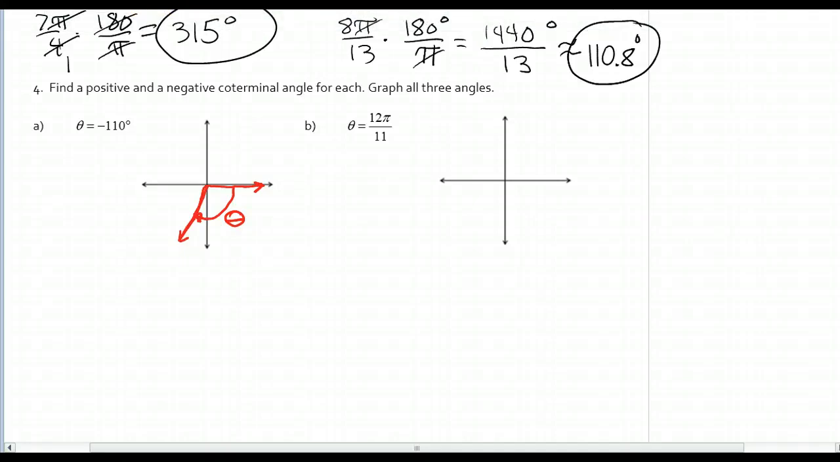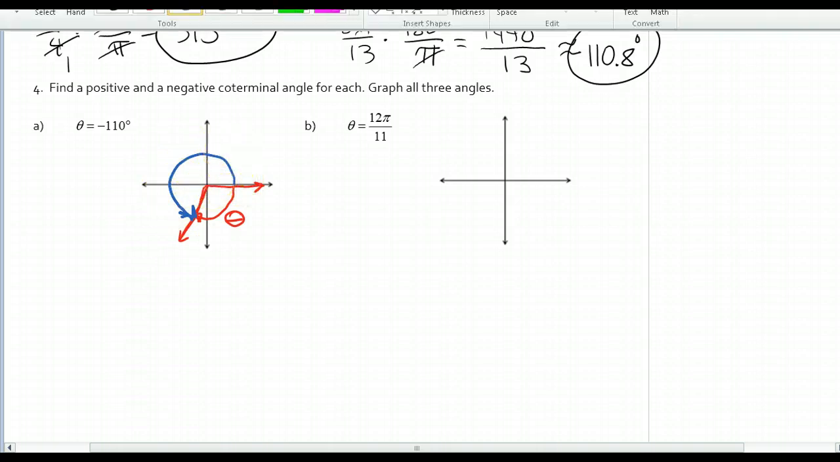So now I know, remember coterminal, it starts and ends in the same spot, so we need to start on the positive x-axis and we need to end at the terminal side of negative 110 degrees. So if I go all the way around this way, starts at the positive x-axis, ends at the terminal side, we have a coterminal angle, and we're going to have to figure out how much that is. And then the last one,